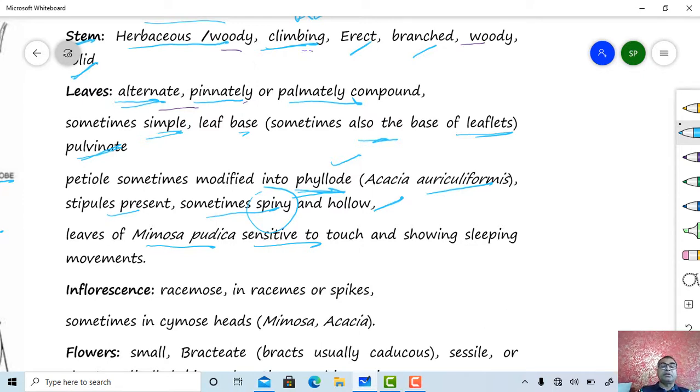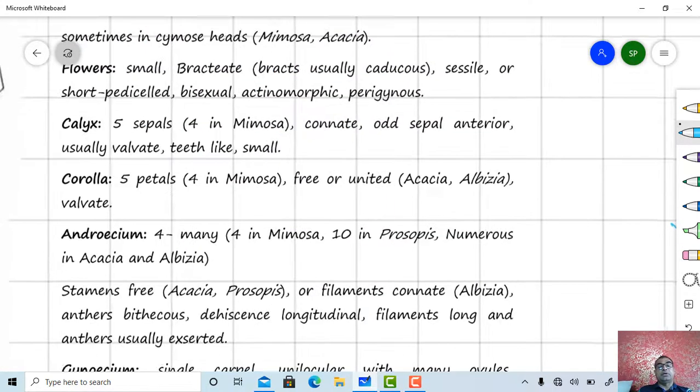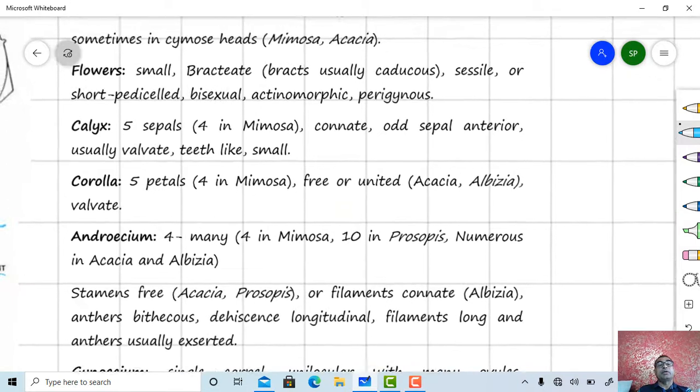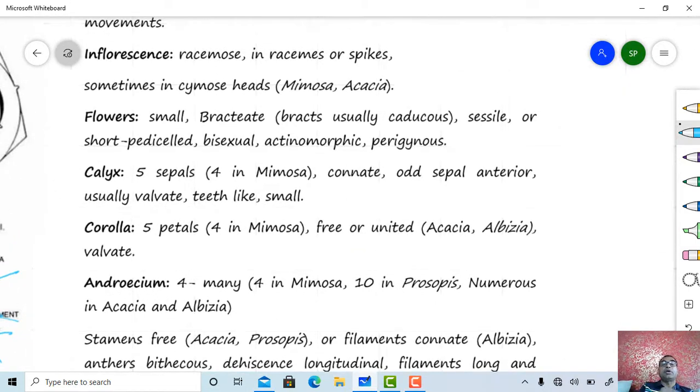Then inflorescence is racemose, and in racemose it shows either a raceme type of inflorescence or may show a spike type of inflorescence. So this one is a spike type of inflorescence, and this one will be the raceme type of inflorescence. So acropetally arranged